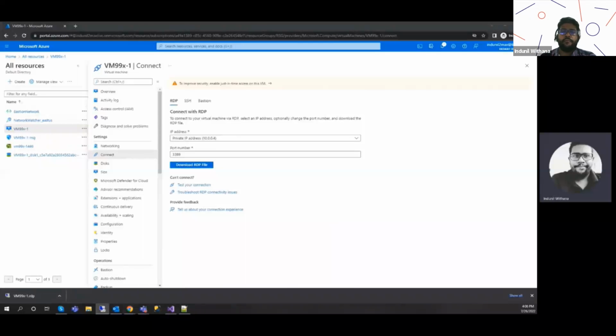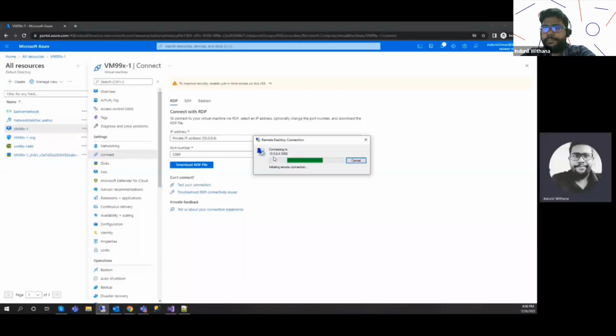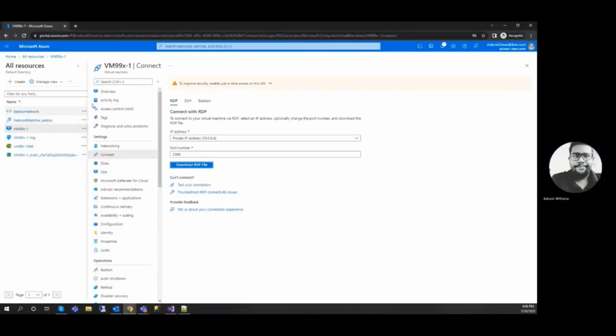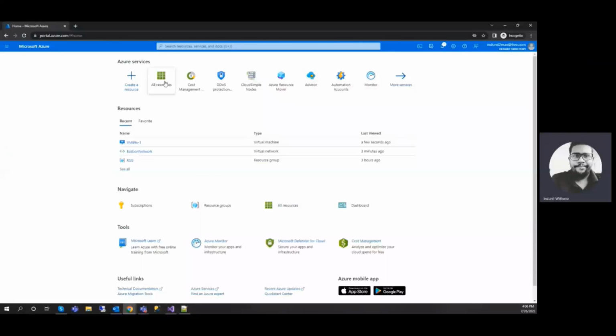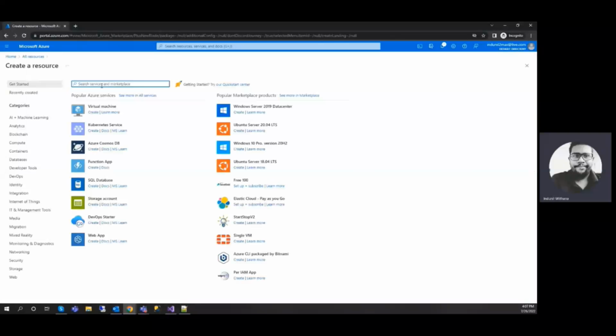Your connection will time out, since there's no public IP address. So to log in, what we can do is go to all resources and